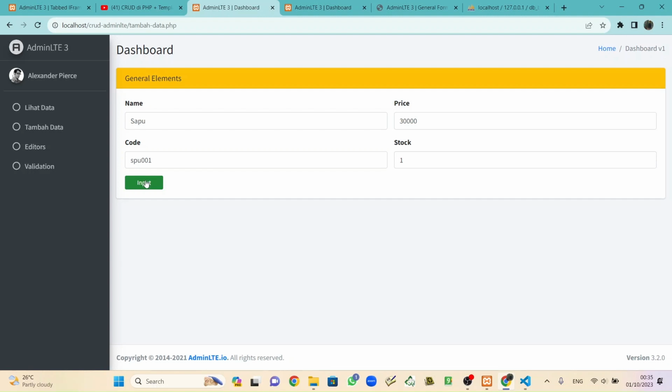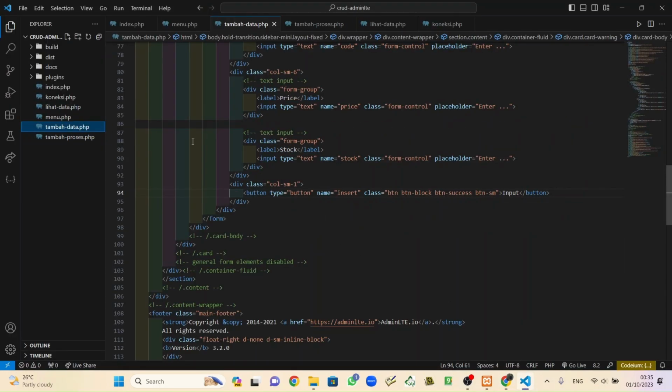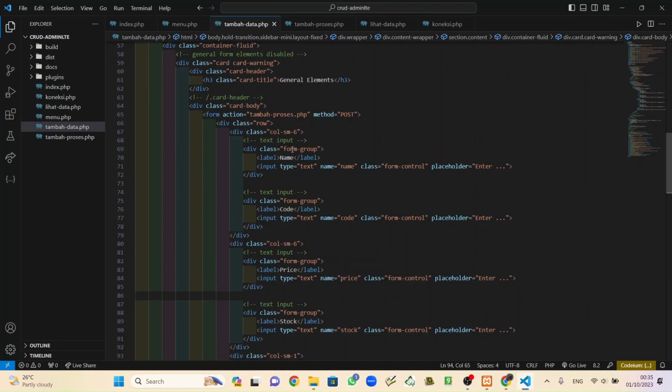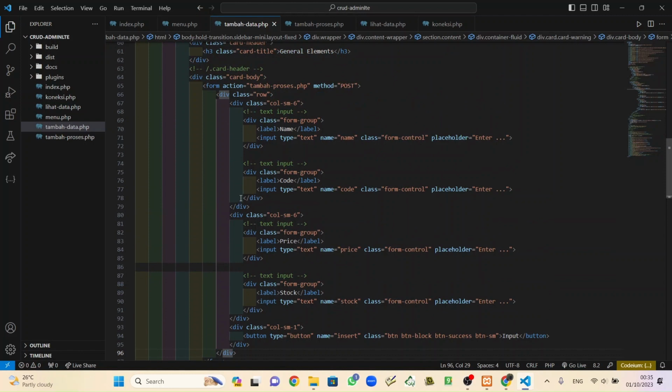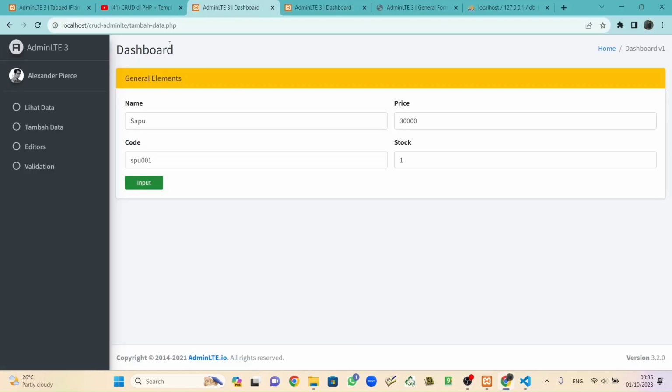Oh, there is no response. Why? Tambah data. I'll reset here, insert, and the tambah process. Tambah proses, insert, lihat data. Root admin LTE tambah data.